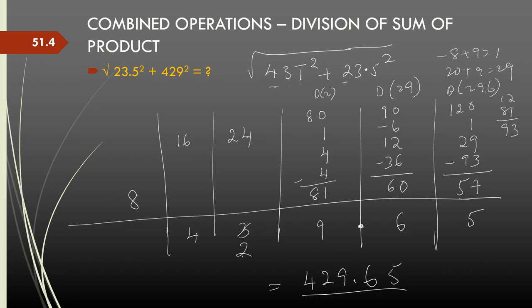If you noticed, I did not do 23.5 square fully yet. I have to go two more places to get the full value of 23.5 into this sum. So I have not even calculated the full square. I have calculated only till the place where I need, and once I know that I am close to the answer I need, I will stop there. So this is a very useful technique.